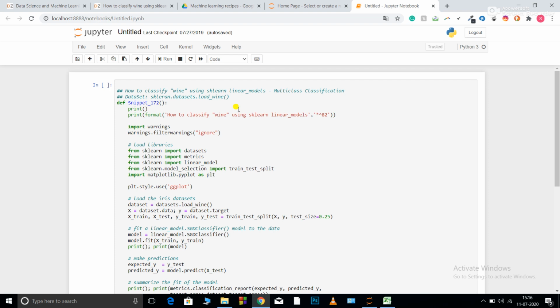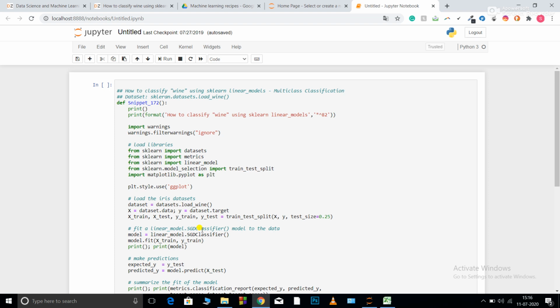So here we are going to use ridge classifier, which is an extension of ridge regressor, and then SGD classifier. So what is this SGD classifier? SGD stands for stochastic gradient descent. It is an algorithm that computes the gradient of the model, and with the help of a learning rate, it tries to predict the weights for the model.